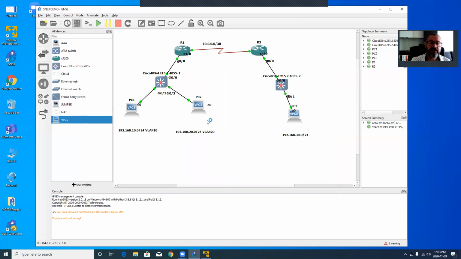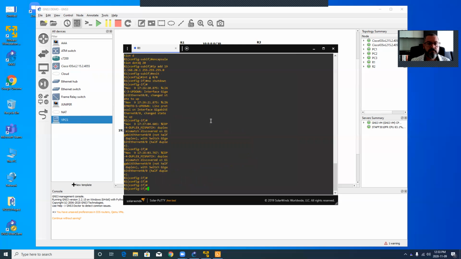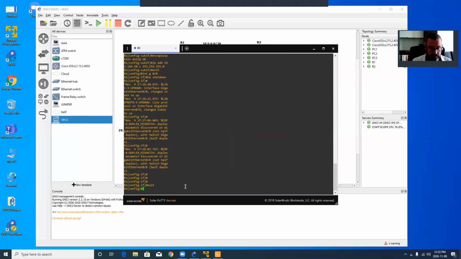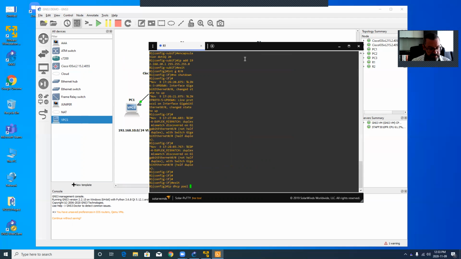So let's set up the DHCP on our router. Okay, so ip dhcp pool, we're going to have to create two pools, right? So one is VLAN 10 and VLAN 10 is admin. So let's call this admin. And the network that we are using,